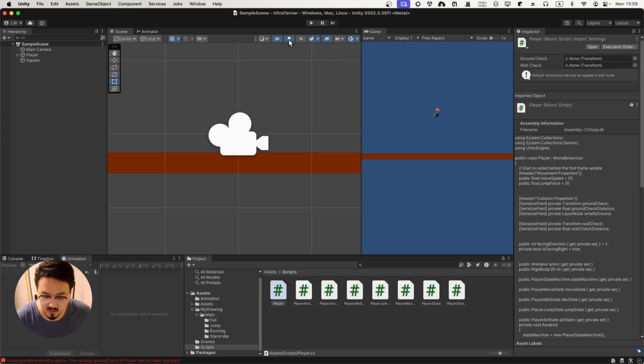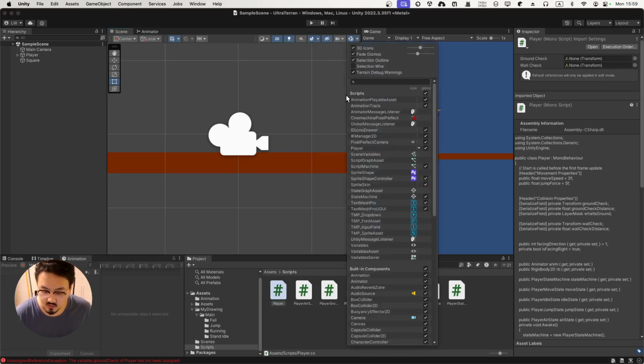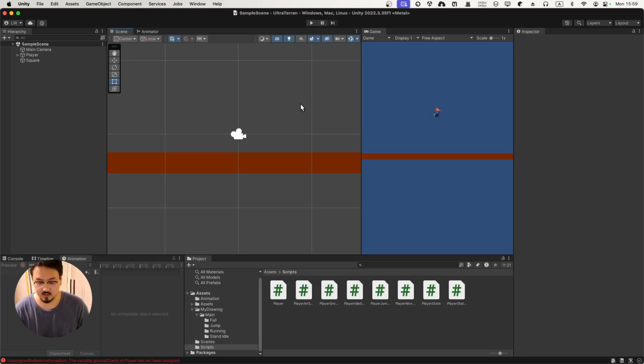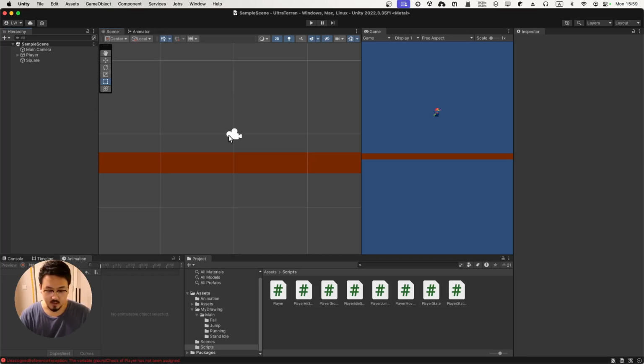Let's just get rid of all this visual cue, like the icon. Yeah, gizmo, select outline. Yeah, I don't want this icon. Let me just make it smaller. All right, just make it smaller so you guys can actually see, but I don't want it to cover